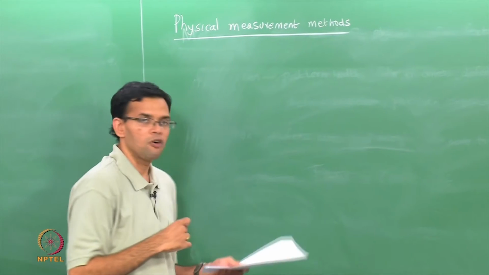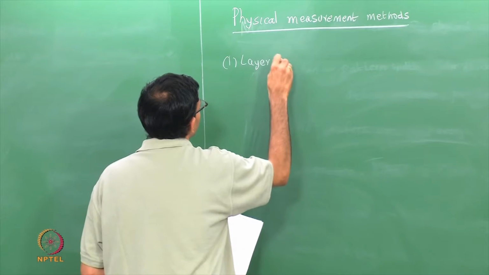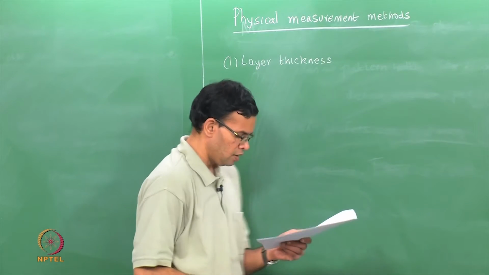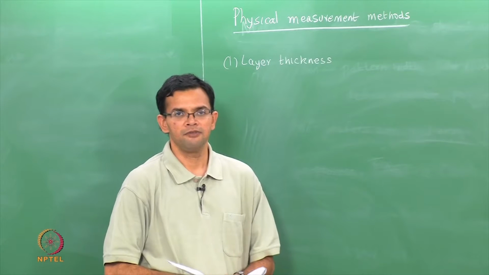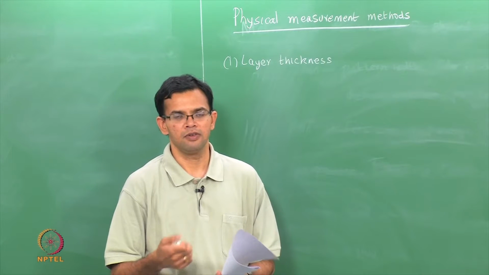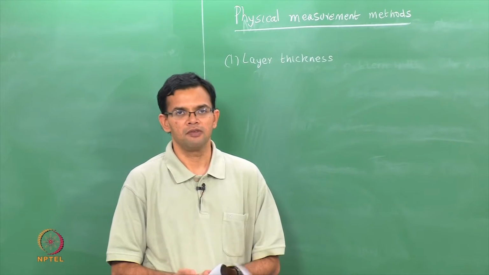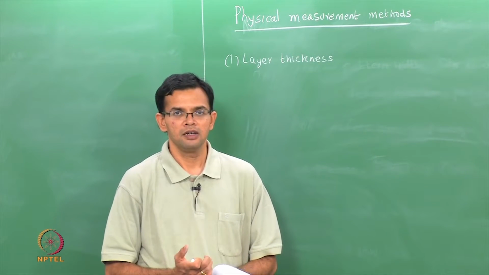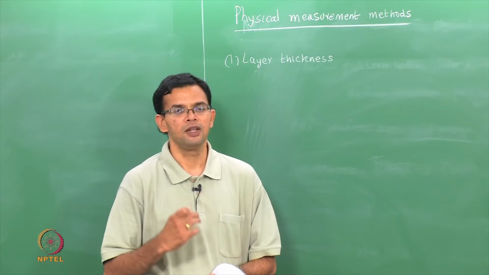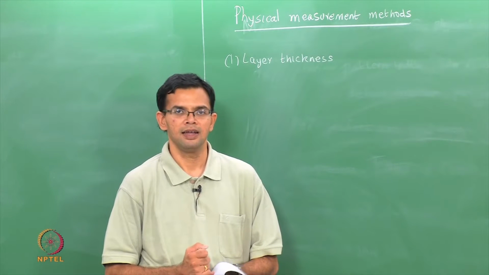And the most important of those is the layer thickness. Usually in the case of IC fabrication, one of the processes is layering. So, in layering we grow a thin layer of another material on top of a wafer, and it is important to know the thickness of that layer. So, one simple method which is used in order to measure the thickness of these thin films is the fact that these films are colored, and by looking at the color it is possible to approximately calculate the thickness of